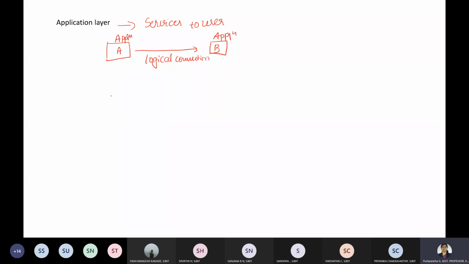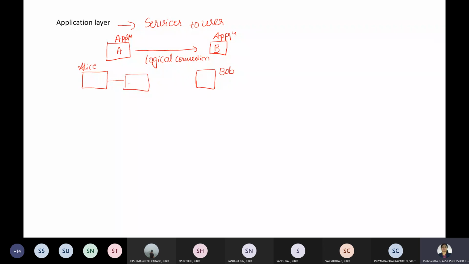The idea behind this logical connection is this: think that there is a person, which in the textbooks is mentioned by the name Alice, in a particular location. And there is one more end user, whose name is taken as Bob here. When Alice wants to communicate with Bob, the information might be sent through multiple routers.